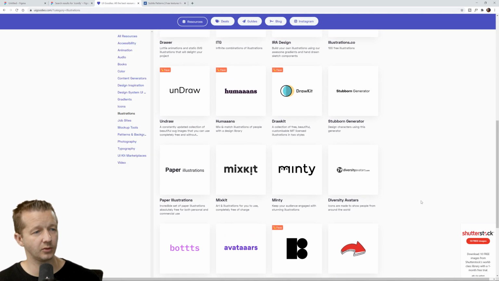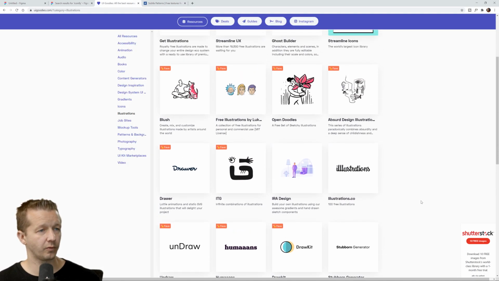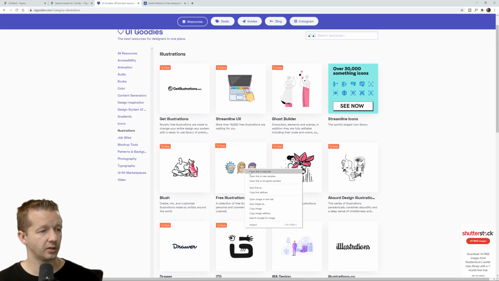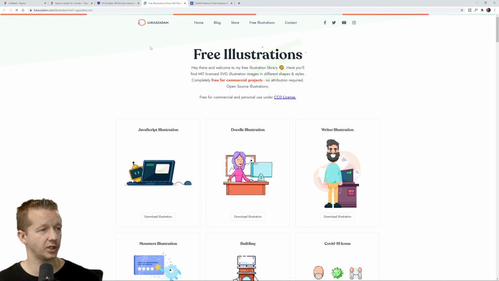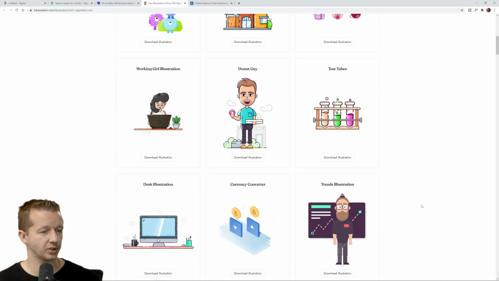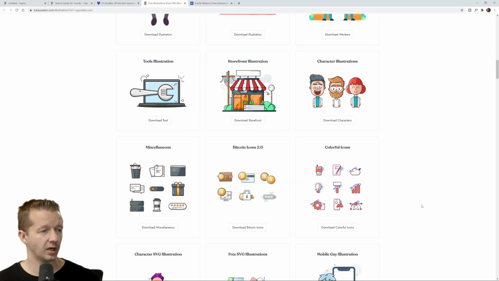Some of them are paid resources. For me, I'm going to choose, let's see here. Let's check out this one, free illustrations right here. These are pretty cool illustrations. I think I want to use this one, like a storefront illustration. So if we click download storefront,